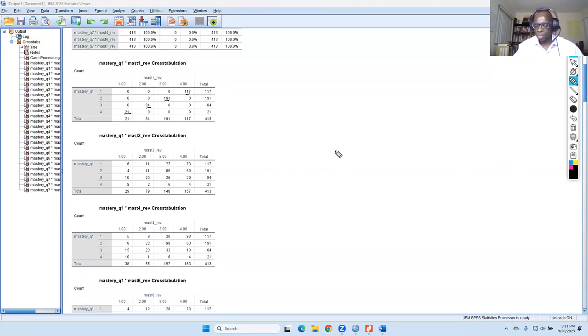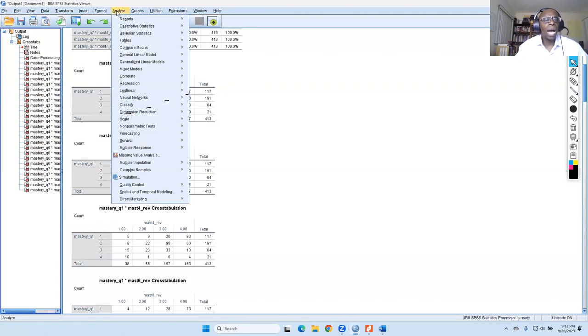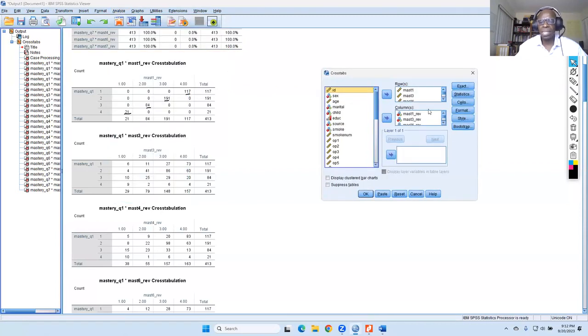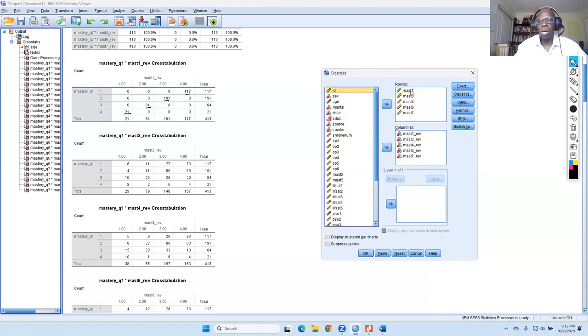Let me just show you what I did. The reason why, and I'm trying to hurry because it's just past 9 o'clock, is that I basically told SPSS: compare Mastery 1 to Mastery 1, Mastery 1 to Mastery 3, Mastery 1 to Mastery 4, Mastery 1 to Mastery 6, Mastery 1 to Mastery 7, Mastery 3 to Mastery 1, Mastery 3 to Mastery 3, Mastery 3 to 4, and so on. We don't want that. We have to do them one at a time.